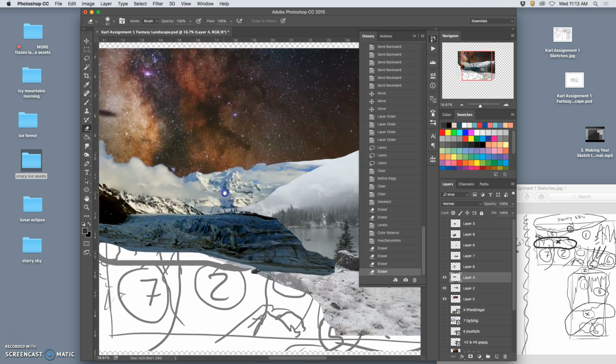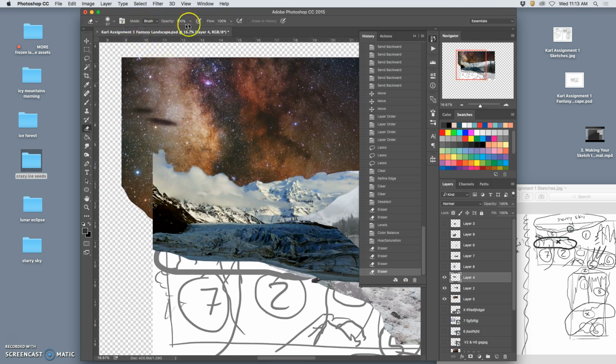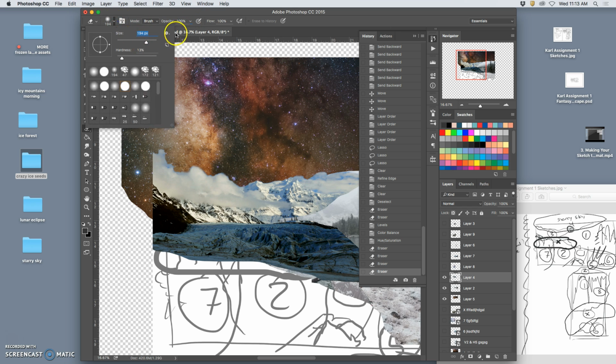And then, depending on the textures, I'm going to take my eraser, make it bigger, and I'm going to do something called ghosting. So this is what I like to do instead of lowering my opacity, which will leave lots of little brush strokes, even with a soft brush. I still leave my